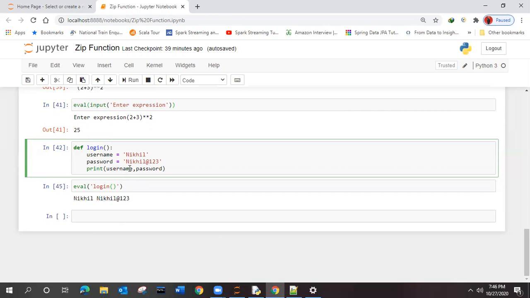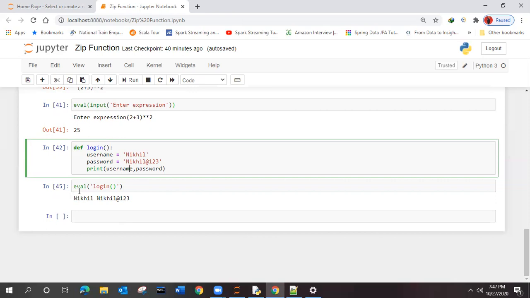However, there may be a question of where this evaluate function can be used. Basically, eval works like a normal user-defined function, but less code will be required.